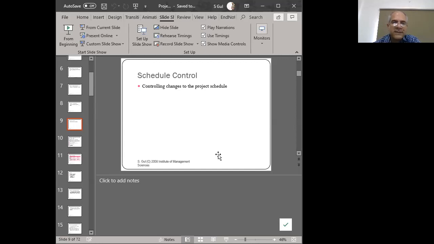So control is this idea that we have to keep in the back of our mind. It requires that a lot of monitoring happens. Monitoring would entail collecting of data. Once that data has been collected, it has to be evaluated. And based upon that evaluation of the monitoring data, we're going to find out whether our plans and reality are in alignment with each other or not. So in the cases where there's a misalignment between the plan and the reality, then those are the cases where we start